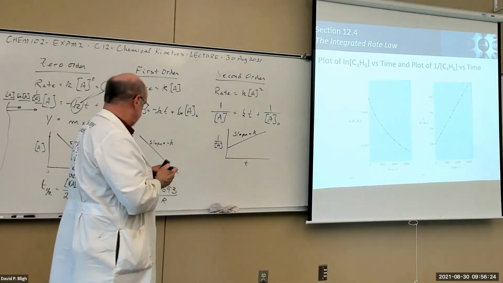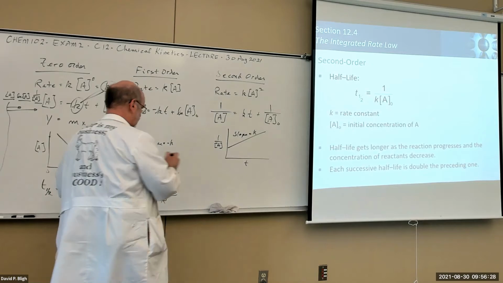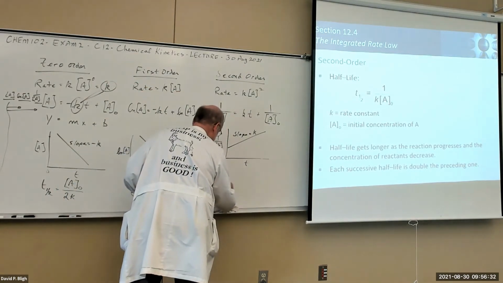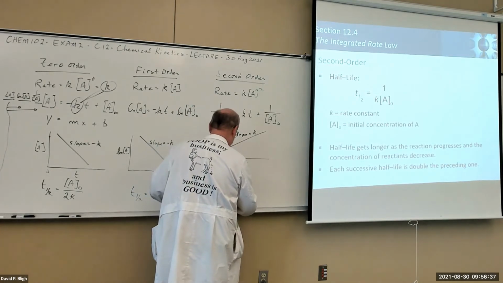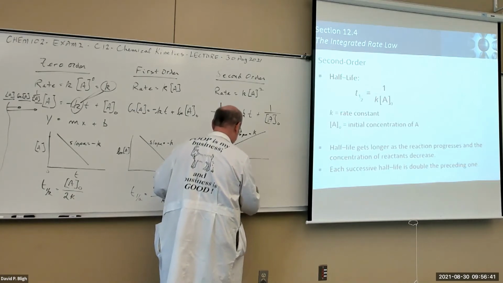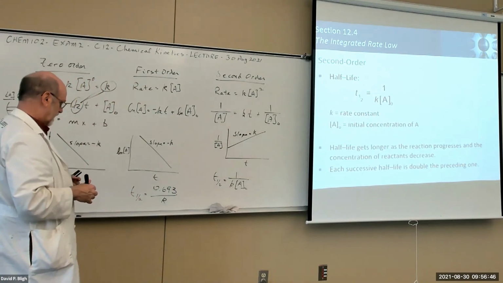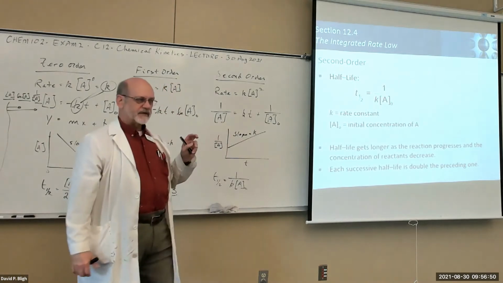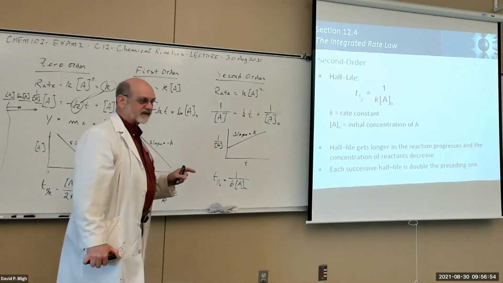All right, how about the half-life? The half-life for second order is 1 over K times the initial concentration. Now, just because this says A naught doesn't mean that you have to start at time 0. You pick the time,